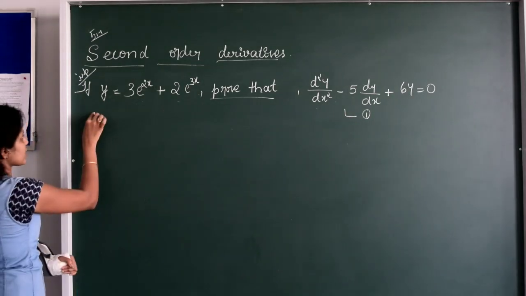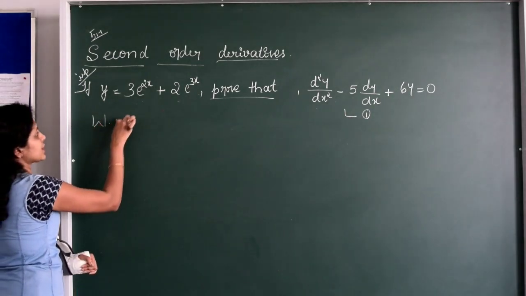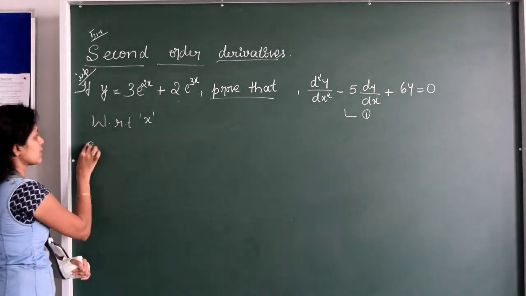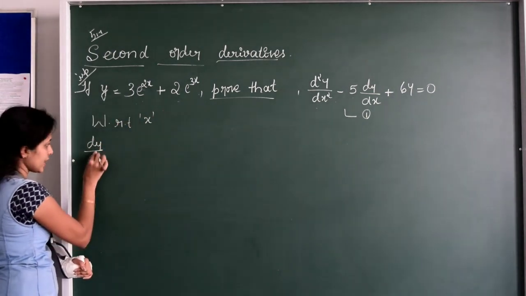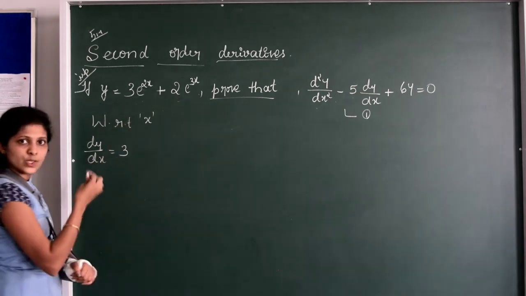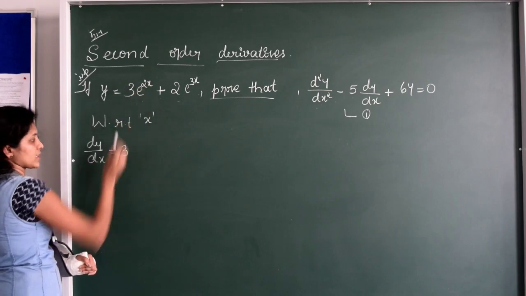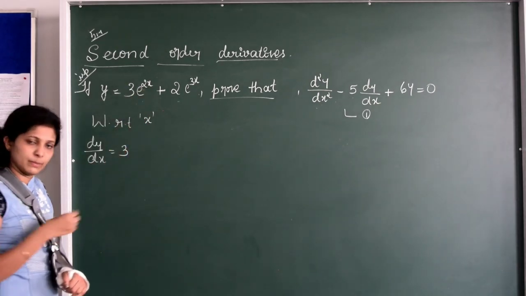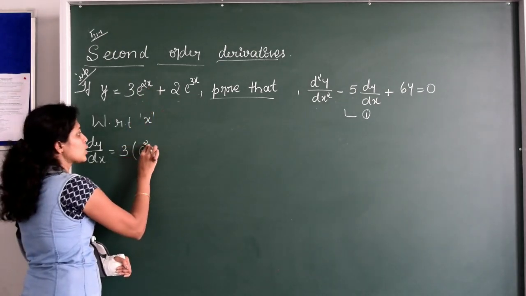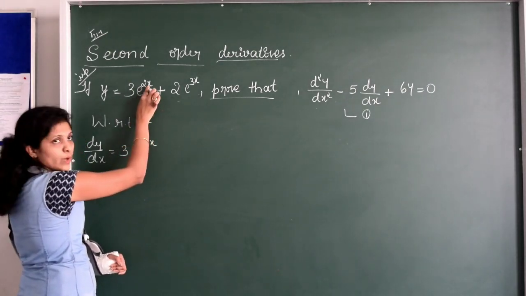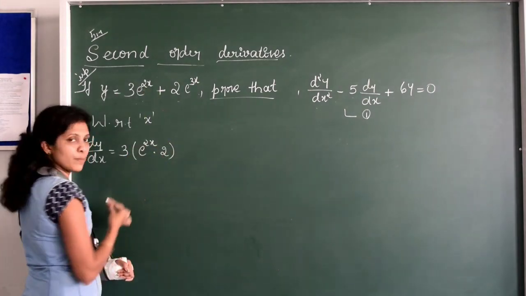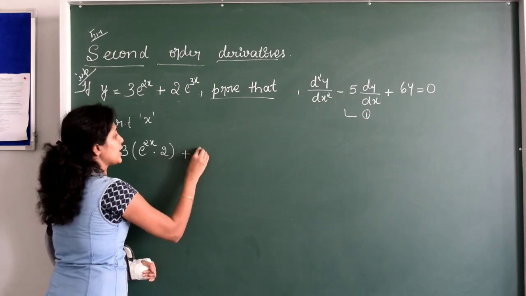We will differentiate this function with respect to x. So the derivative of y with respect to x will be, dy by dx is equal to 3 is constant, right? Here two functions are there, so directly you can differentiate e to the power 2x. What is the derivative of e to the power x? It will be e to the power x, but in the place of x, here we have 2x. So this is e to the power 2x into, we have done with this one. Now we have to find the derivative of 2x. So it will be 2 into 1. So it is equal to 2 plus 2 into e to the power 3x.